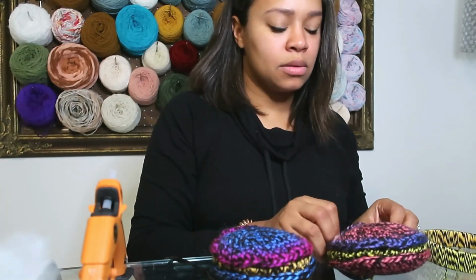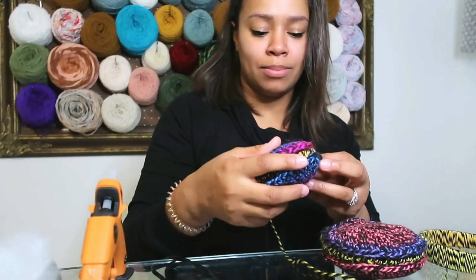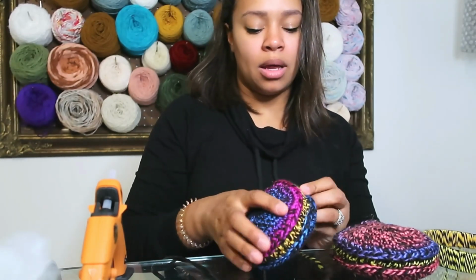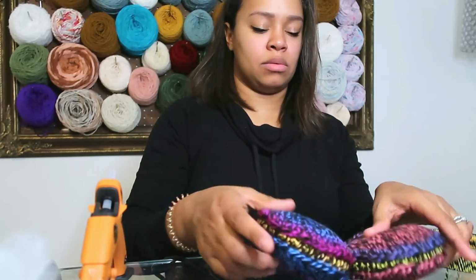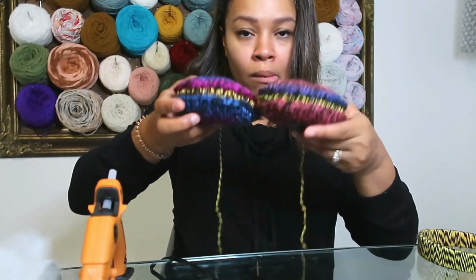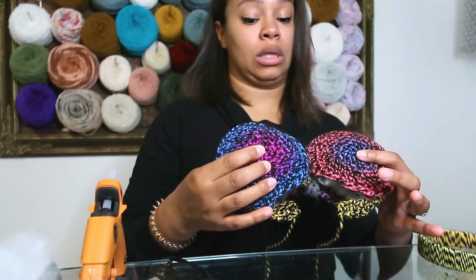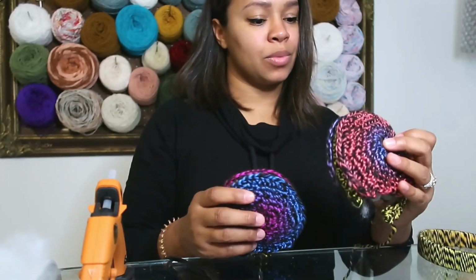Okay, I'm double checking my stuffing because I'm talking and not exactly focusing on what I'm doing. That would be smart. Okay, just feel like I stuffed these. Does that look normal to you? I don't know. Okay, that looks kind of cool. Okay, amazing. I think this one looks more stuffed, but